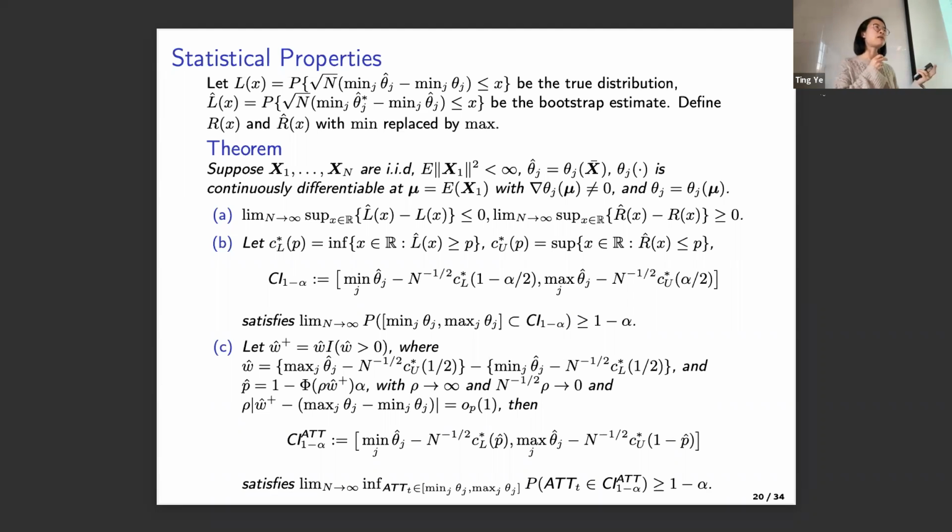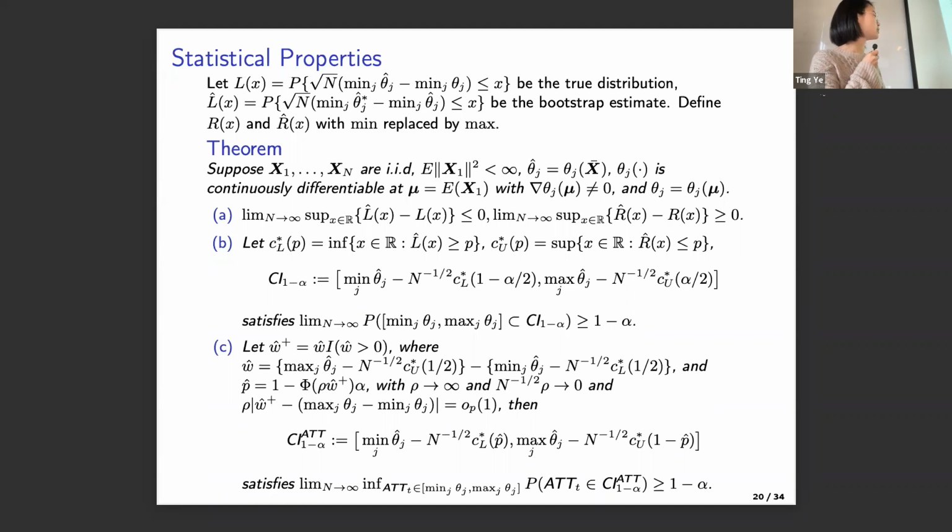This means that the probability of not covering the parameter is only one-sided, because the other side must be negligible because the width is much larger than the measurement error. So in this case, if the width of the identified set is large enough, then you only need to consider the 1 minus alpha critical value, because the probability of non-coverage is only one-sided essentially. So that's why we can improve the confidence interval for the identified parameter.